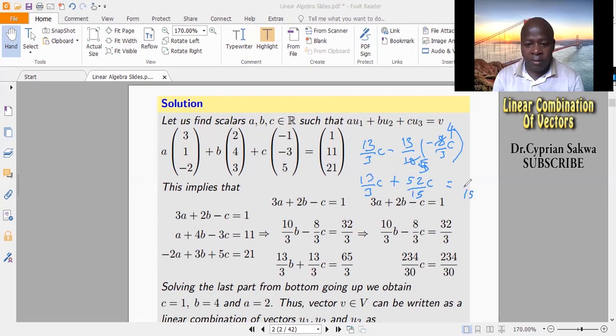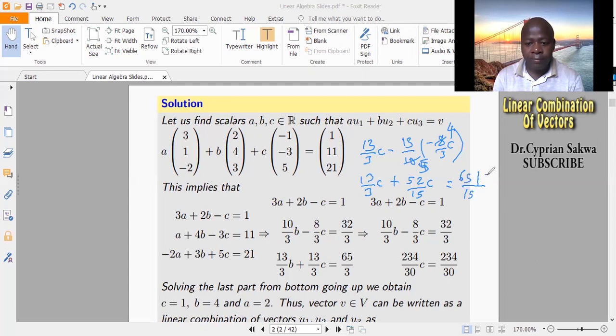The LCM is 15. And so the other one, I just left it to be 30. So you can see the one I have here is 30. I just left it. I have not simplified this. But you can simplify it. So if this is 13, 15, this will go here 5 times. 5 times 13, I would have 65